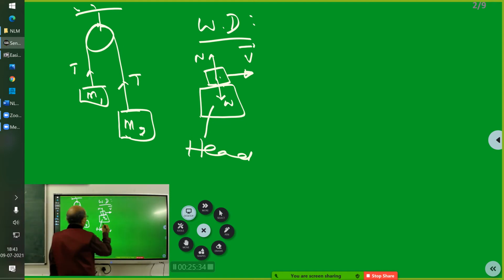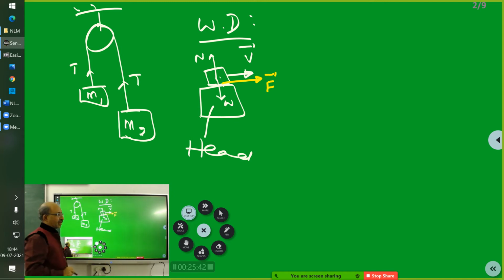For the body I kept on it, you are telling me this is the frictional force, correct? Yes, sir. All of you agree? Good. Now, apart from the students who usually answer, others tell me, is it correct? Yes, sir. Good. Now, who can explain how this frictional force is in that direction?